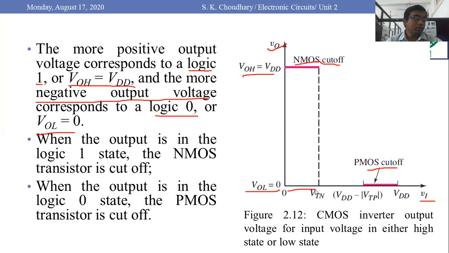Okay. So these are the two conditions that we have to discuss, and so far we have discussed the nearly ideal condition. This is what happens with the general CMOS inverter, or an inverter that we have learned in logic circuitry. Now we will discuss the conditions in between these two levels, logic 1 and logic 0. There are some intermediate levels that we have to discuss now. So for this, move to the next slide.